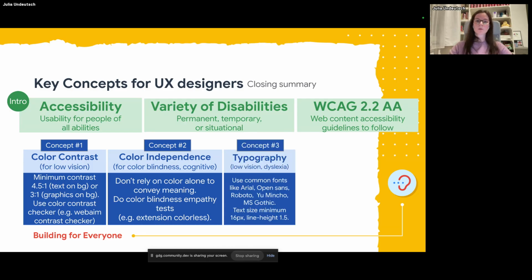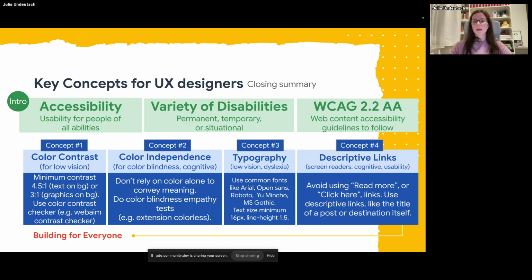And when it comes to typography, use common fonts like Arial, Open Sans, Roboto, and also test them for a few things I showed you in the examples, like the upper case I versus the lower case L versus the number 1, and make sure that the text size is at least 16 pixels and we have a line height of 1.5 times the text. And the last one is use descriptive links.